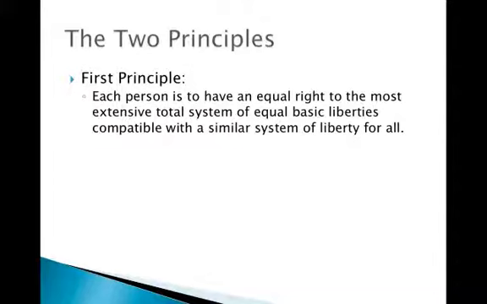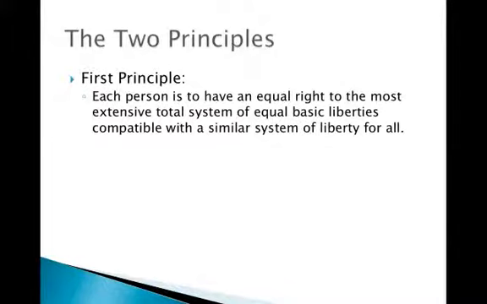All right, so what are these two principles of justice that Rawls thinks we would agree to? Let's talk about them. We've hinted at them. First principle: each person is to have an equal right to the most extensive total system of equal basic liberties compatible with a similar system of liberty for all. So basically, this is equality of political rights. Voting, participation in the process, free speech, and so on. And it's an equality of that. So he's an egalitarian with political rights. There's no